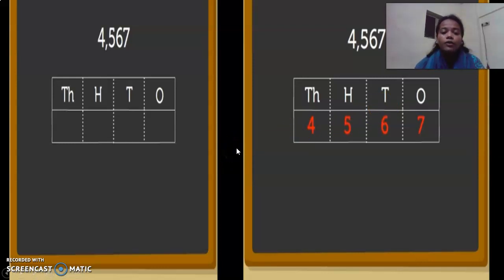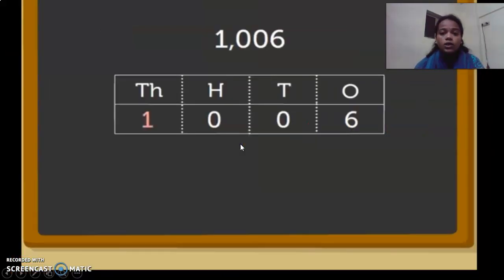How we will read the number with the digits 1006. Yes, observe the place value chart on my screen and try to read. See, on thousand place 1, hundred 0, on tens place 0, and on ones place or units place 6. So how we will read this? Yes,